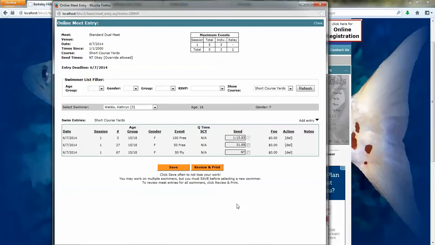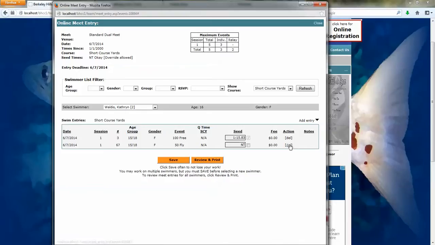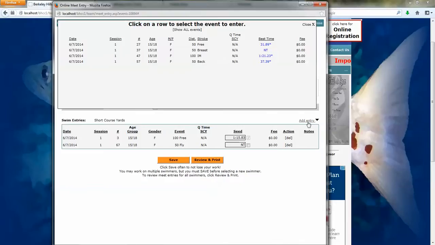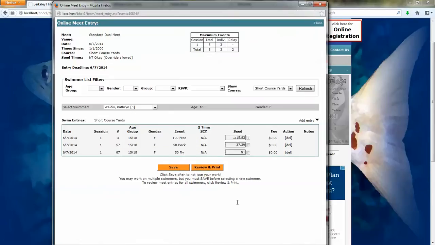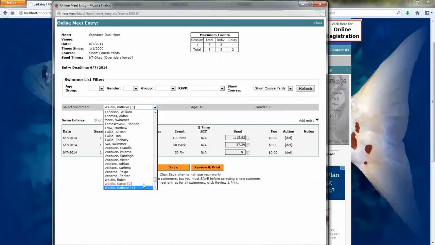If for any reason you notice that you've made a mistake, let's say the 50 free is not what you wanted her to swim, you can delete it, and then hit add entry, and let's pick 50 backstroke instead, and then we'll hit save. Again, and now Catherine's done, and you can see that she's got that 3 next to her name. Okay,